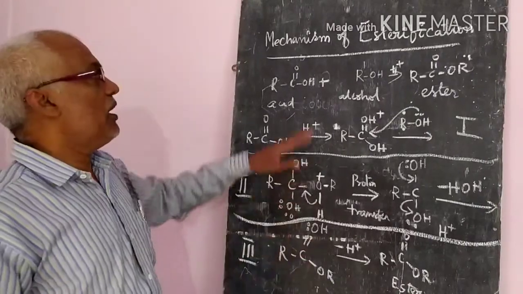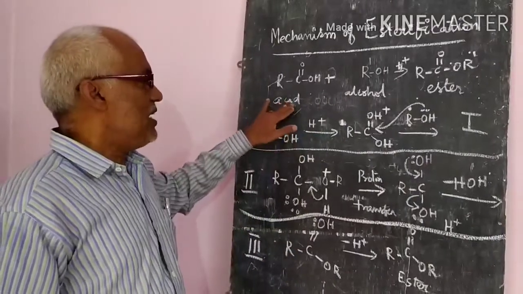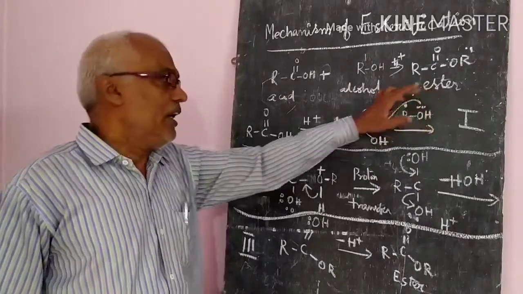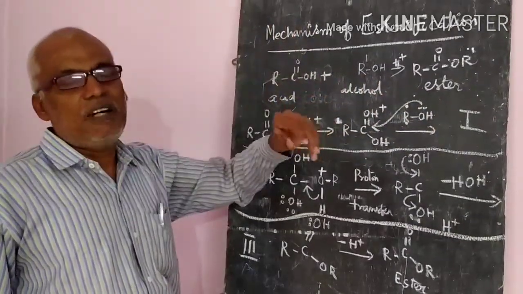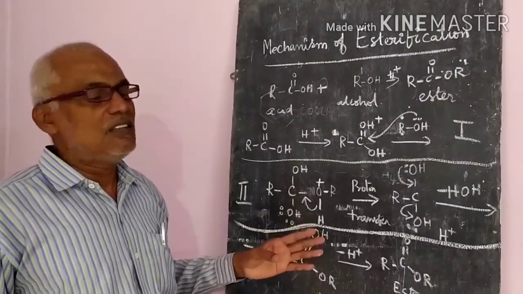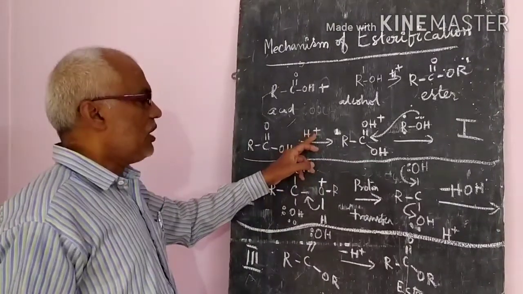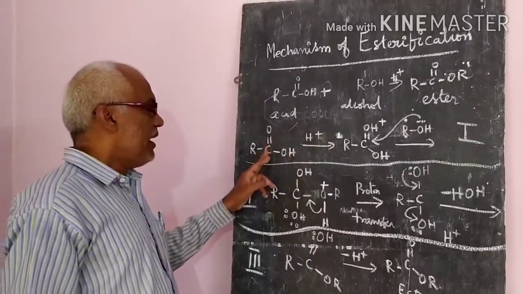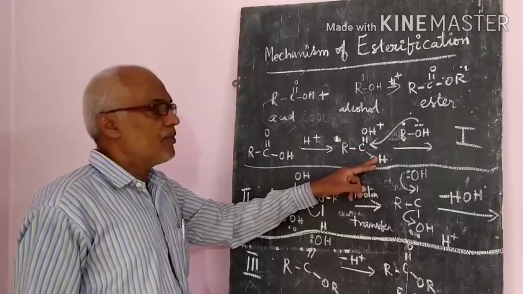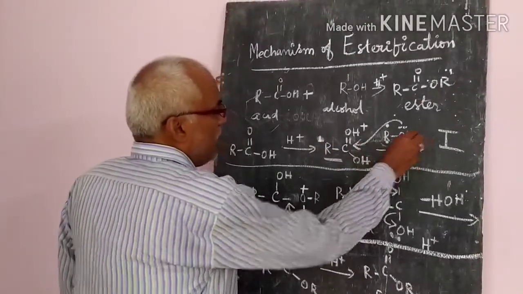Yes, let us see the mechanism of esterification. Already explained, ester formation means an acid molecule reacts with an alcohol molecule and forms the ester. How will the mechanism go? Again, three steps, the same as the mechanisms you learned in alcohols and phenols. First is the addition of a proton, proton transfer. What does this proton transfer do? It makes the acid molecule into a dihydroxy compound.